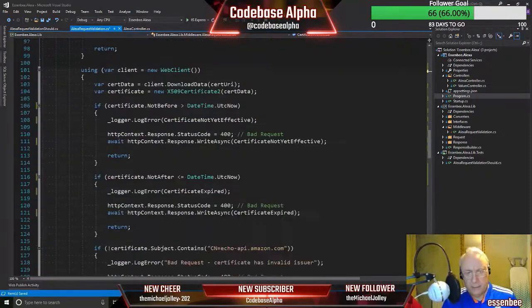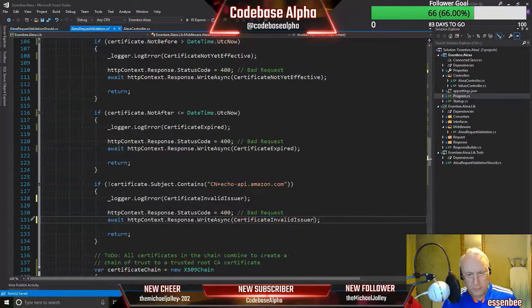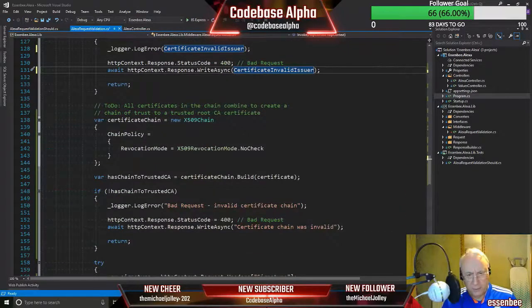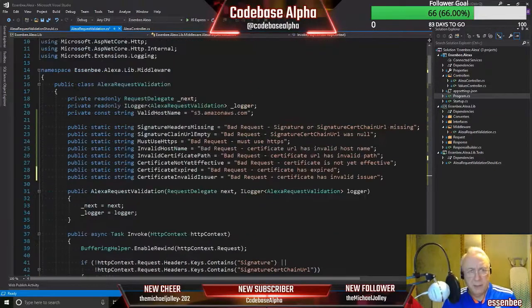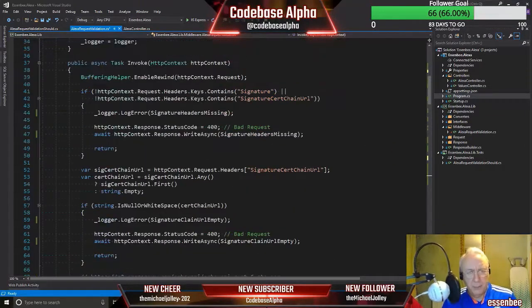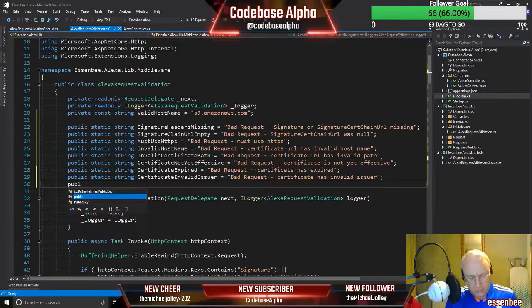So this is a bit tedious, but we will reap the benefit in a short while. Okay, that's the invalid issuer, and then we've got invalid certificate chain, so let's grab that. We do want to refactor some of these tests, these if statements, so it's a bit easier to read, it flows a bit. So public static string